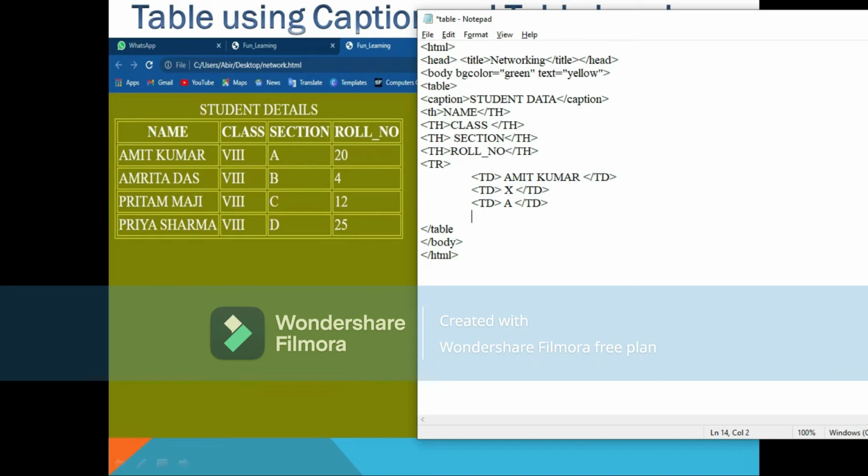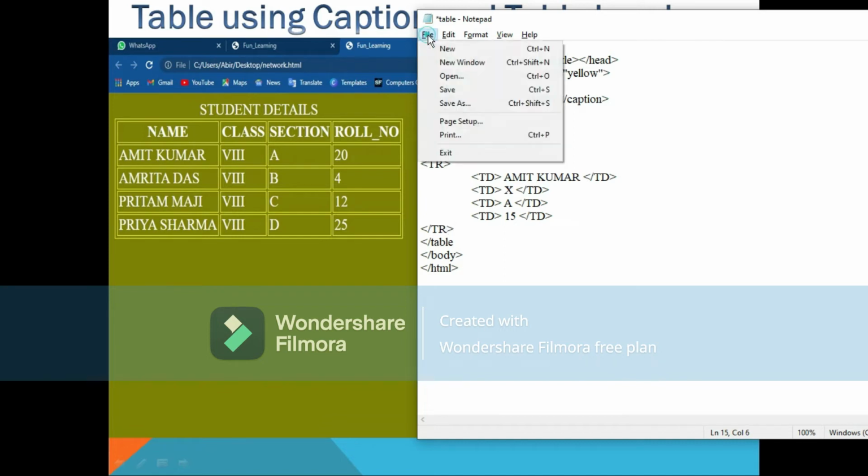Next I am giving another td for writing the roll numbers. Suppose the roll number is 15. So /td. So this is our first row of the table. So as the first row is already finished, you have to close it by /tr,